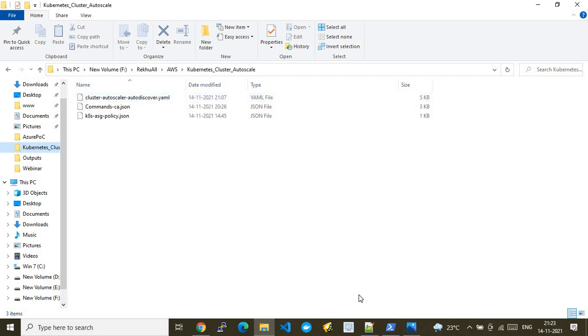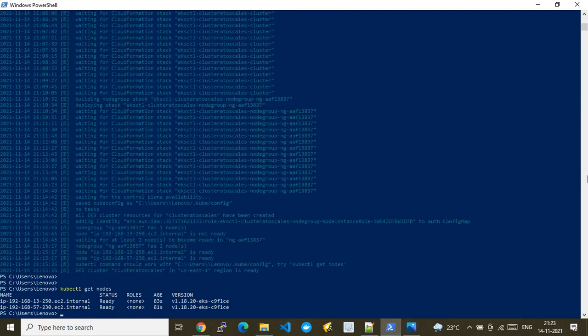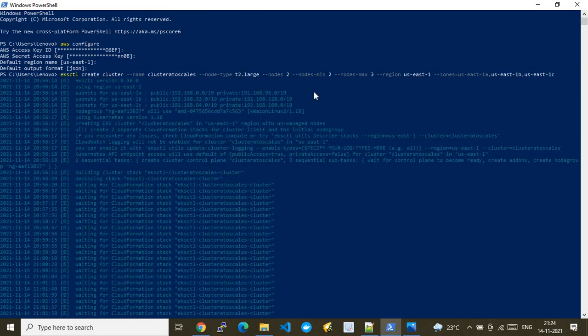Here I'm running the required commands using the Windows PowerShell tool, invoking eksctl commands or AWS CLI commands to configure my AWS EKS cluster. Some parts of the configuration I'm doing with commands, and some parts I will do manually, because those make sense to do manually only. That's the reason I'll show you those configurations manually.